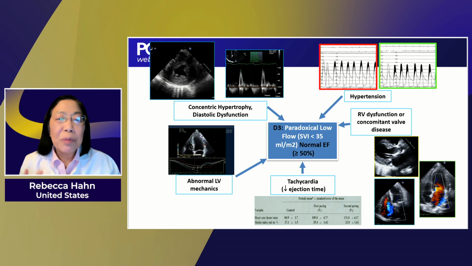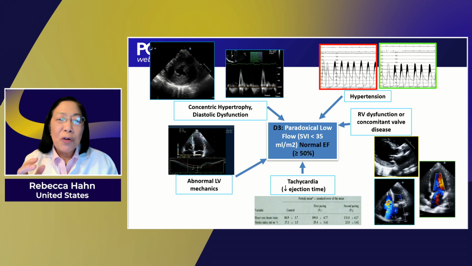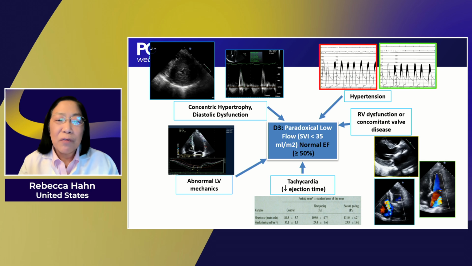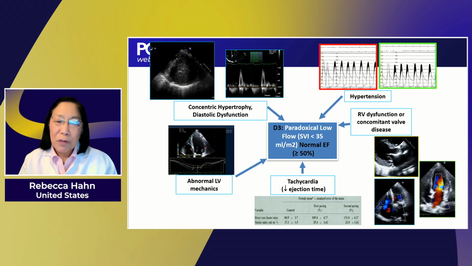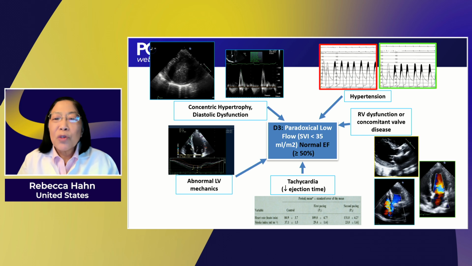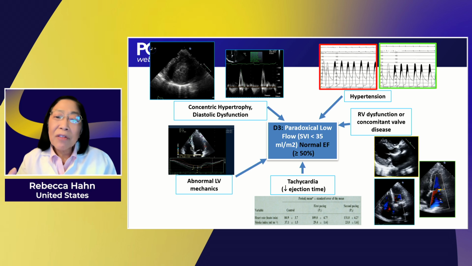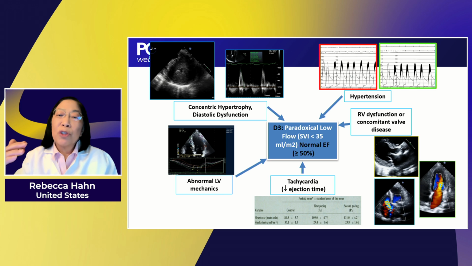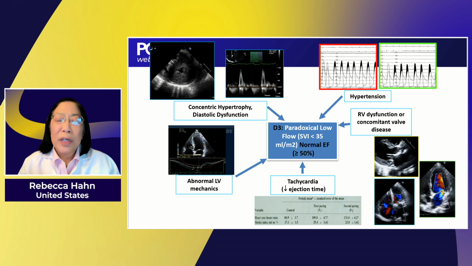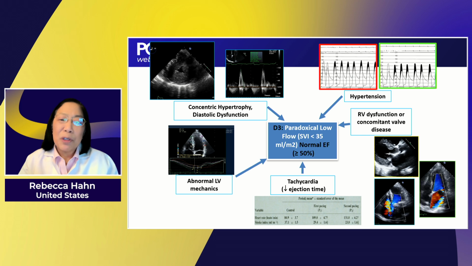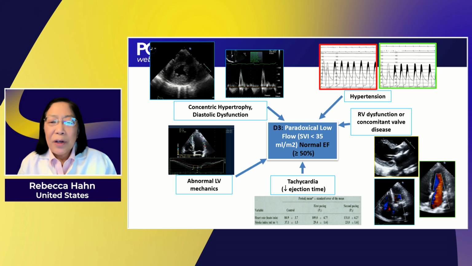Possibly the most common is going to be concentric hypertrophy with a very small ventricular cavity. But we also know that ventricular mechanics, even in the setting of normal ejection fraction, so low strain imaging, will also give you a low forward flow. Those patients with hypertension, what you see at the top there is an example of a patient that came to our cath lab and was given nipride in order to reduce their hypertension, and then yielded a very high gradient and high mean gradient with severe aortic stenosis. So hypertension, another reason for low flow, low gradient paradoxical aortic stenosis.